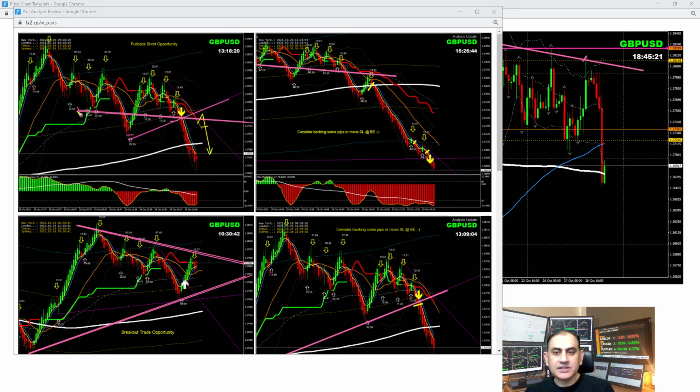as explained in the analysis, look for another pullback here. Once we bank some profit, look for another pullback. As you can see here, price nicely developed exactly at the same level. And look at the bottom, momentum was bearish. We have another beautiful pullback short trade here.